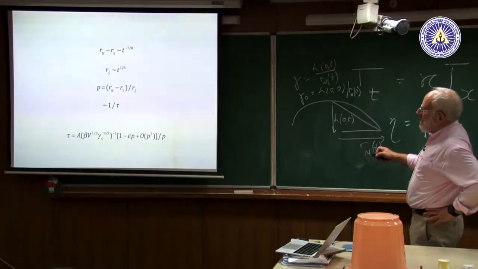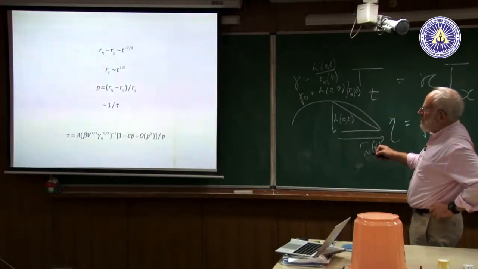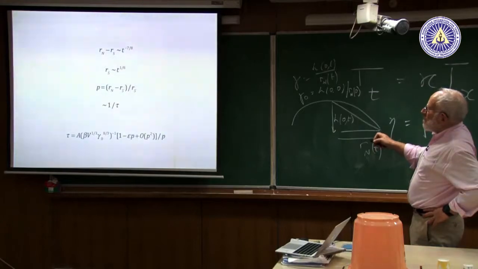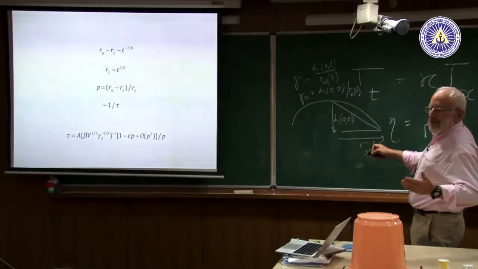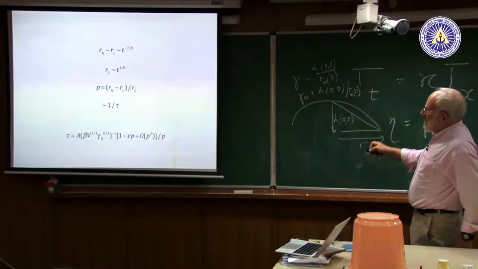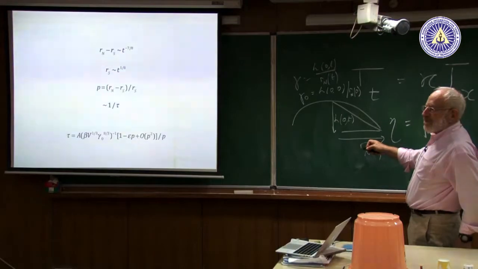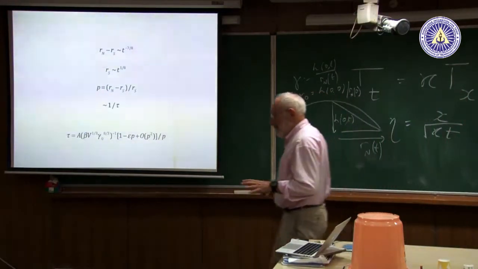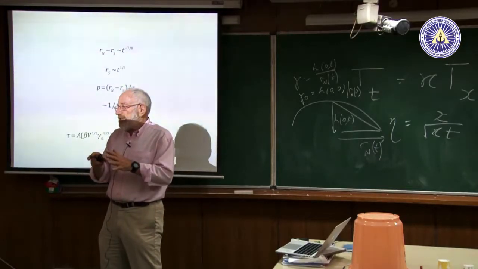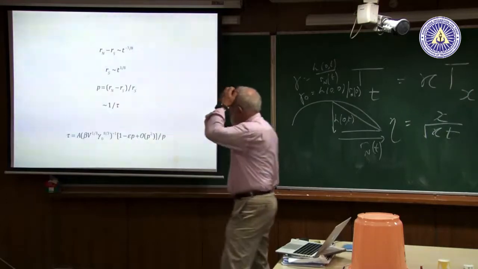That says the accuracy, the percentage error, which is given by the difference between the numerical solution and the similarity solution, normalized by the similarity solution, because I have a relationship for that, goes, well, 1 on t, but that's got to be tau, the time scale. So the difference has to go like tau. So that says that tau has to be inversely proportional to p. So for this problem, it says that if you want to be 1% accurate rather than 10% accurate, you have to go 10 times longer.